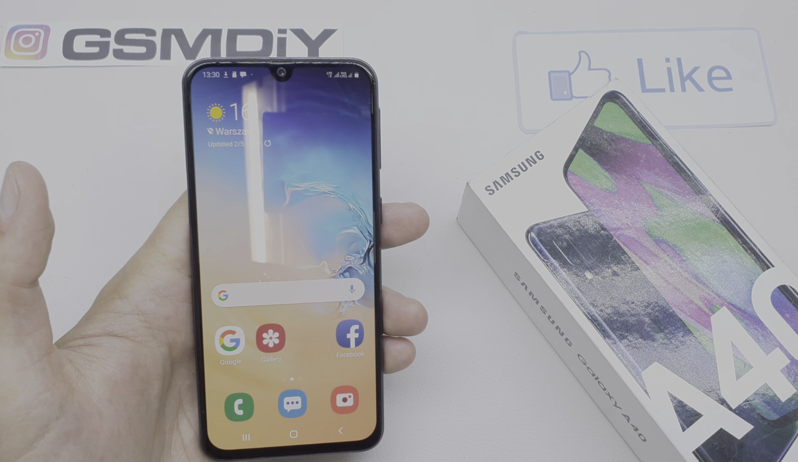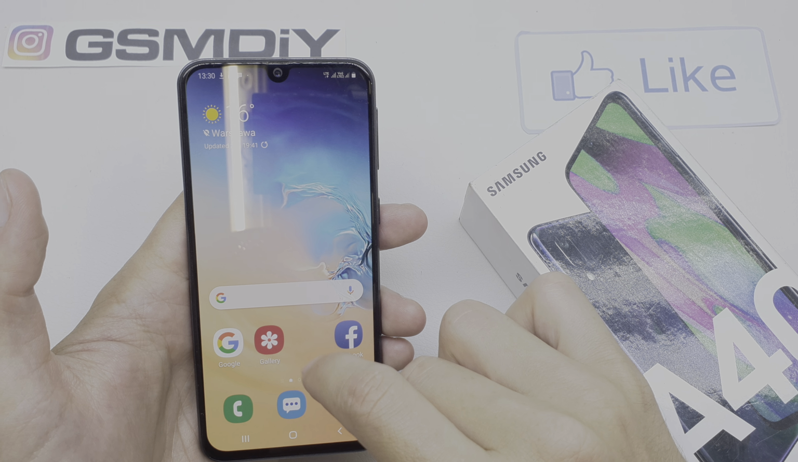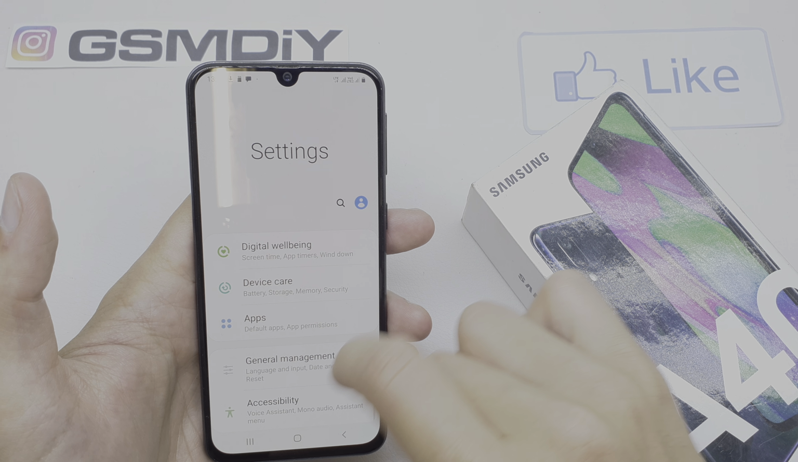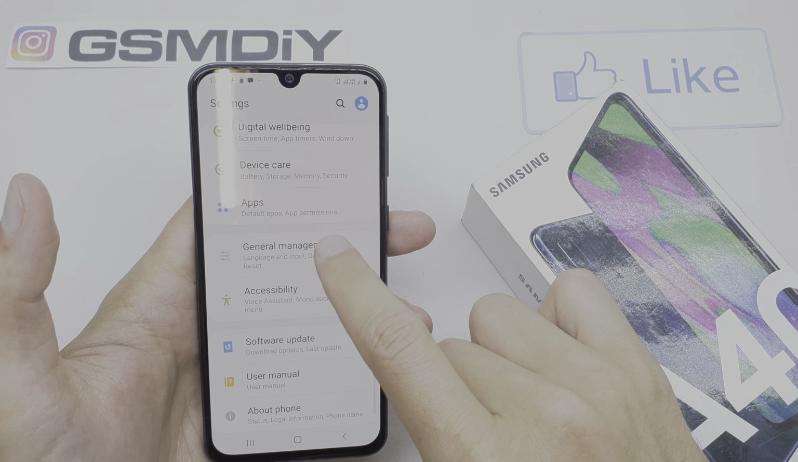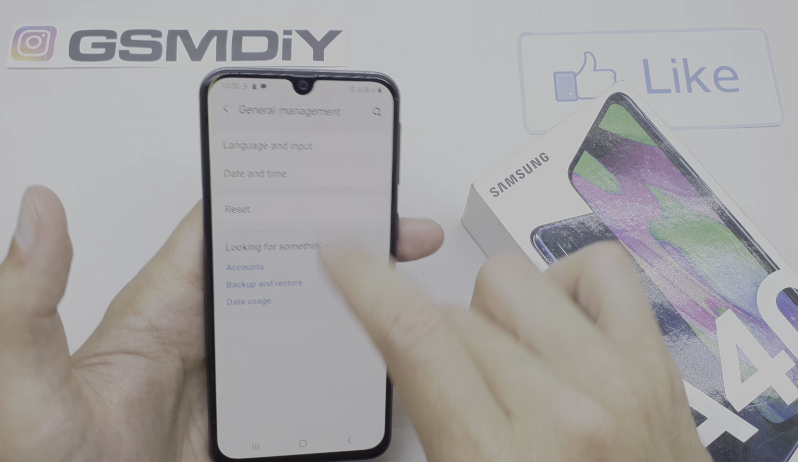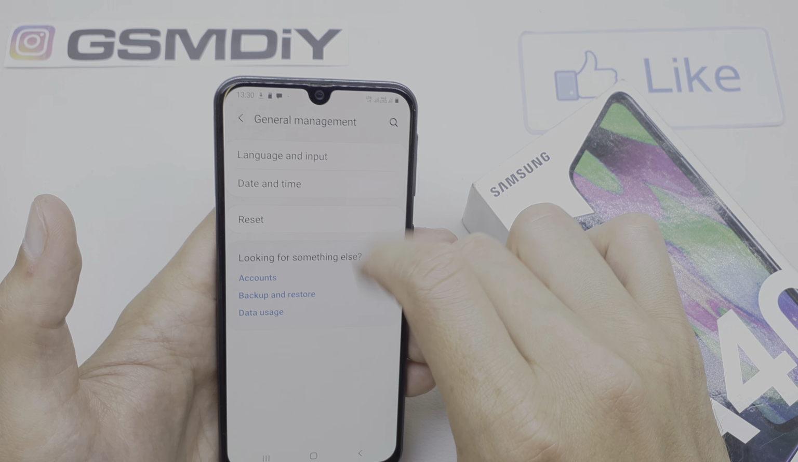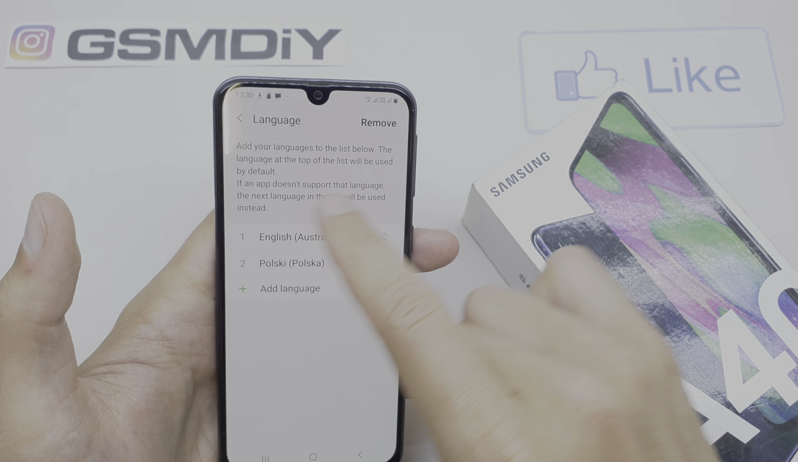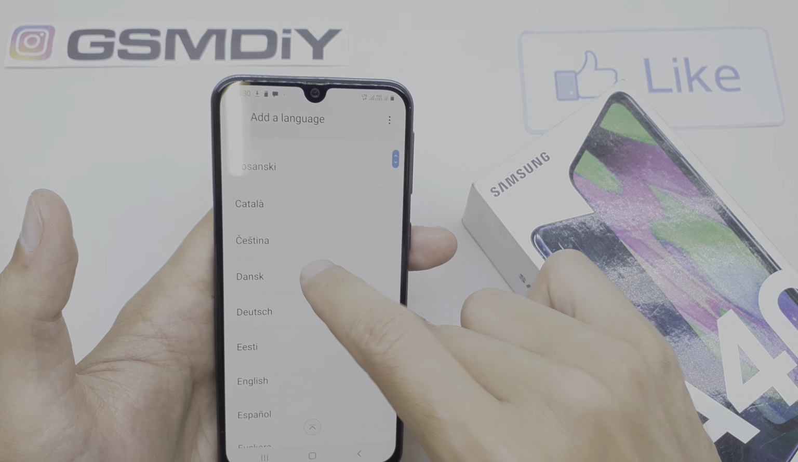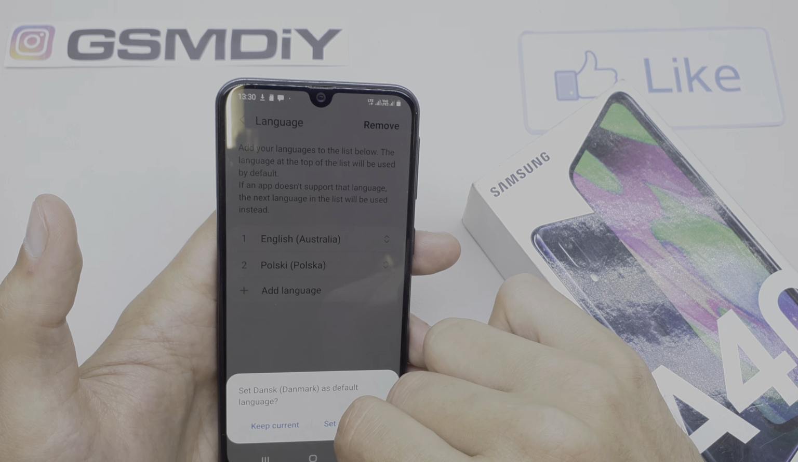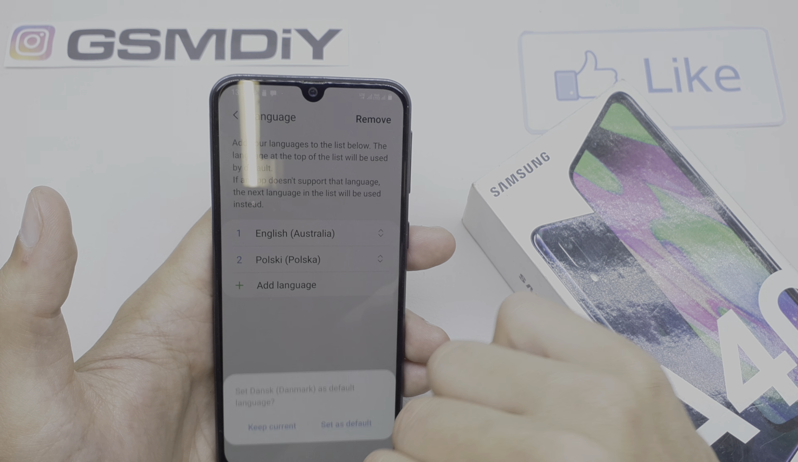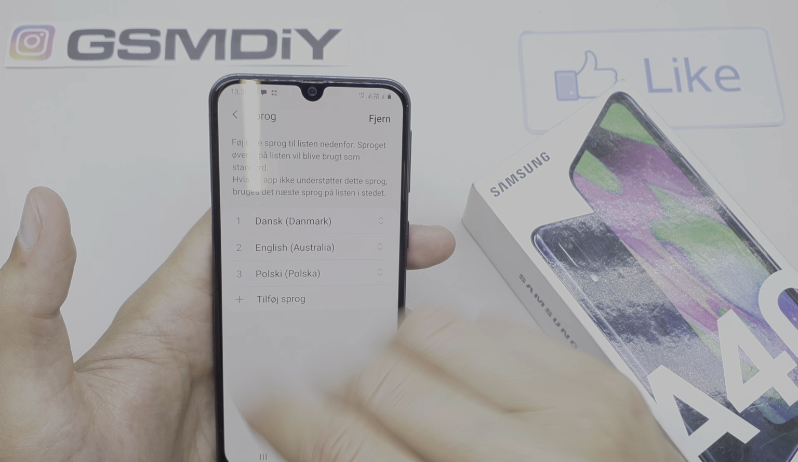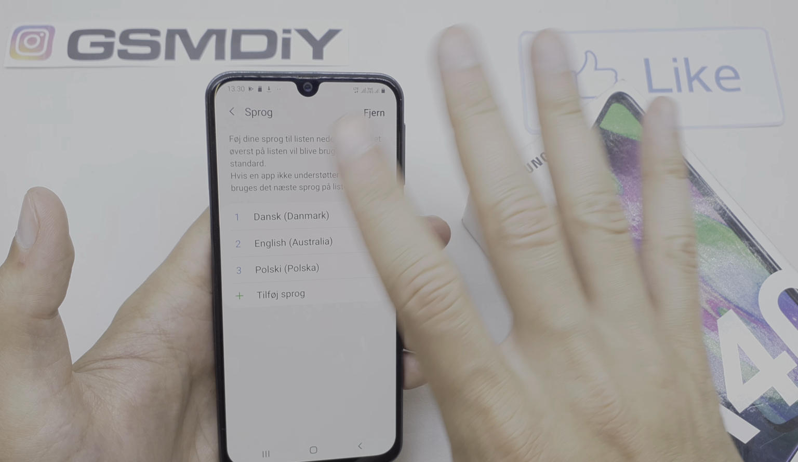Today I'm going to show you how to change the language in your Samsung A14. To start, go to the settings here, search for general management. Now click on language and input here. Now language, and you can add the language which you want to download. Set as default, and voila, we have our new language here,